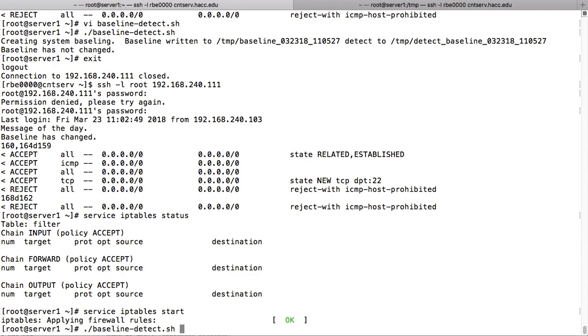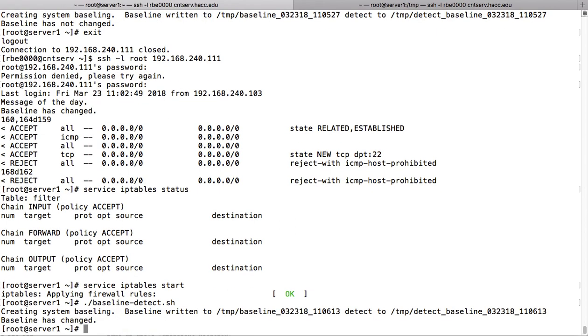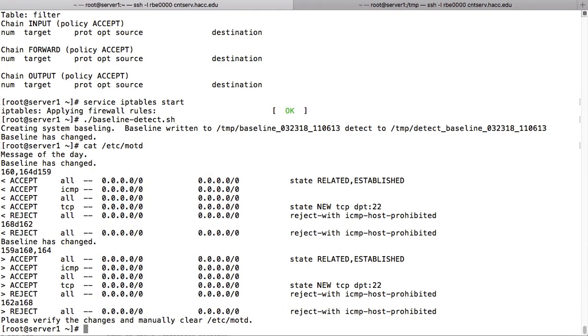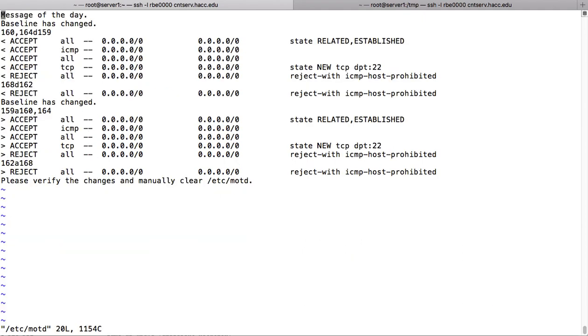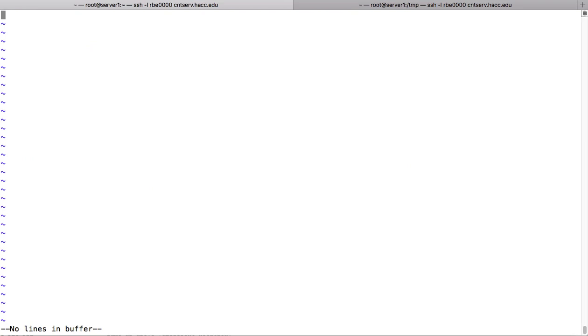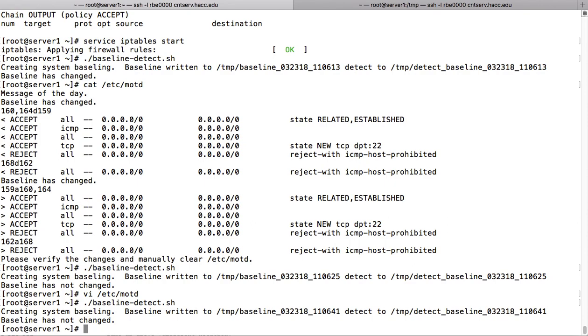So now if I run my baseline detect, it'll say the baseline has changed. I can look at the MOTD to see what that was. So now the firewall stuff's back in there, right? So now I run it again. Nothing has changed. So now I'm going to go edit the message of the day file to clear it out. So that would be the workflow after this point. And now if I change something, so nothing's changed. Now if I change something else,